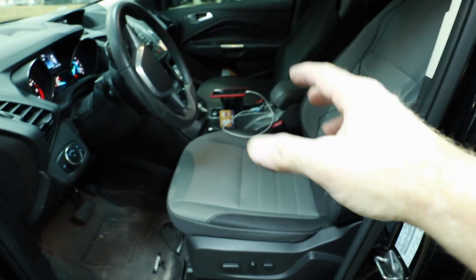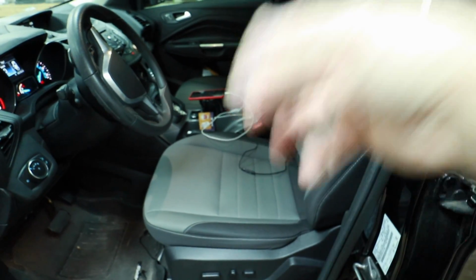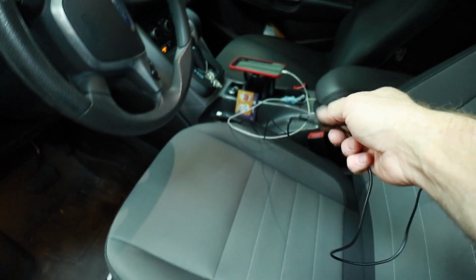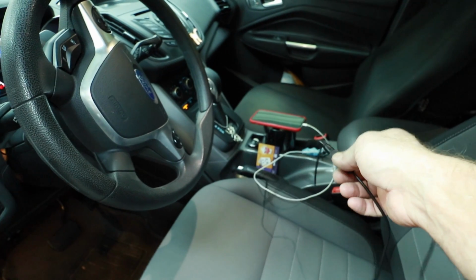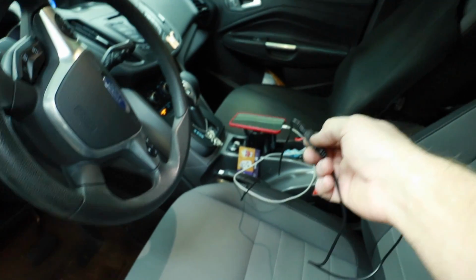If you had the key installed previously and you're going to redo it like this, take the program button and hold it for 10 seconds. When you do that, you'll hear a beep and that'll reset the Kicker key so that you can then